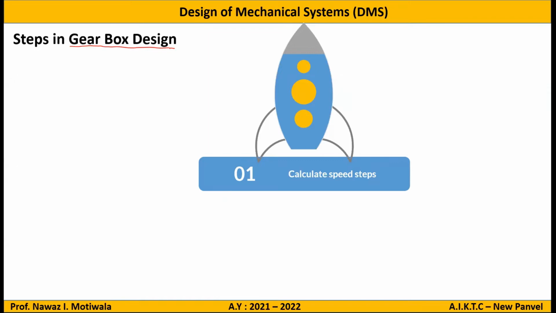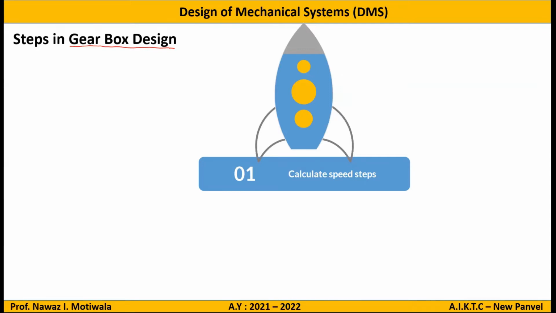For example, if you take any commercially available car, you can see that you can change the speed in 5 or 6 steps, correct? 5 steps for forward motion, that means the forward direction gears, and one for the reverse direction gear. So at all the gearing parts the speeds will be different, yes or no? Yes, sir. Okay, first gear the speed will be different, second gear the speed will be different.